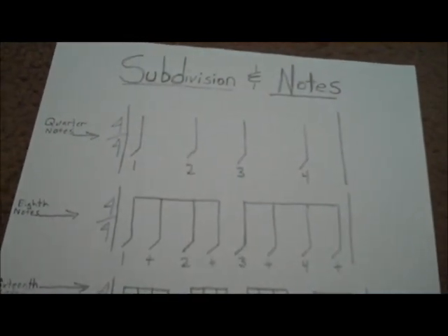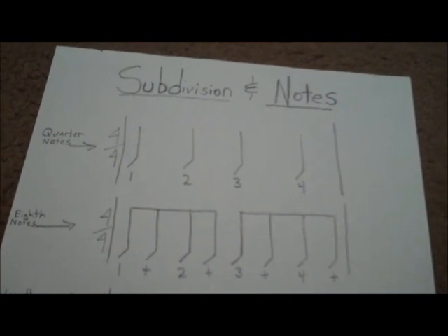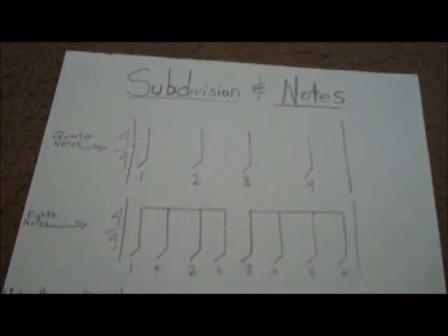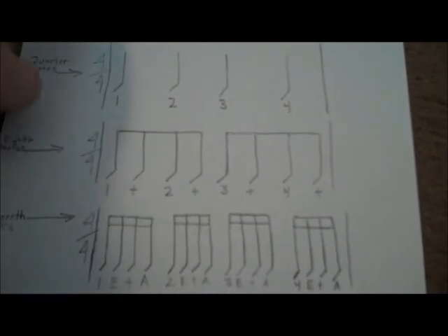1 and 2 and 3 and 4 and. Here's 16ths. 1 e and a, 2 e and a, 3 e and a, 4 e and a. And you can see in this chart how it's divided and how I have the time